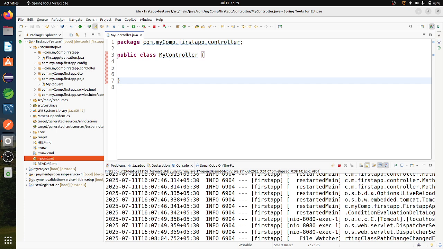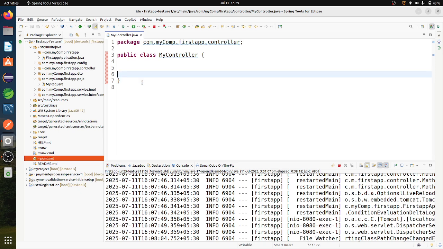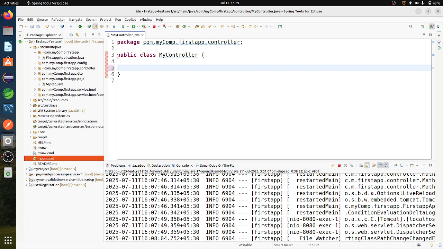When we want to make a class a controller, we have to annotate this class with a controller annotation. So there are two annotations, controller, and another one is REST controller.